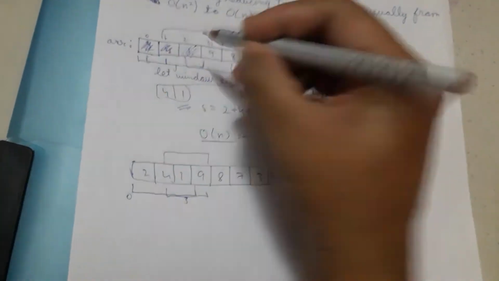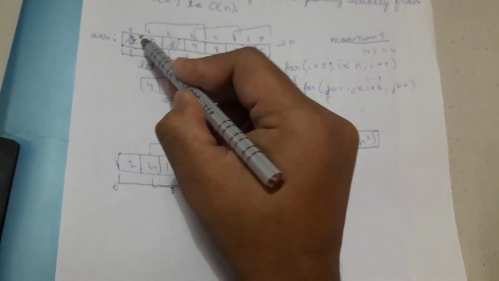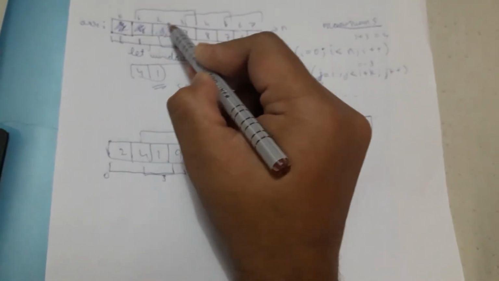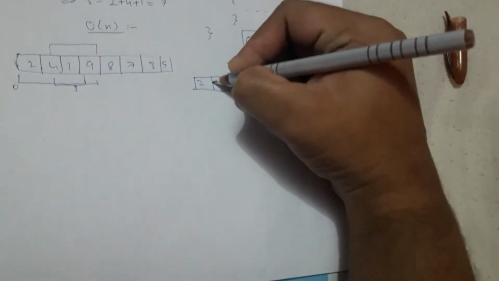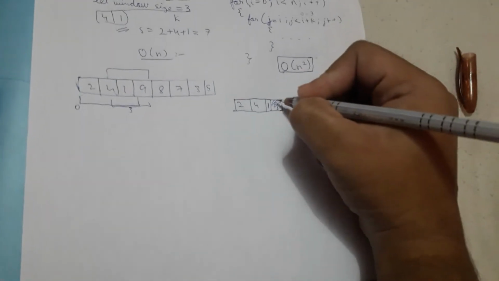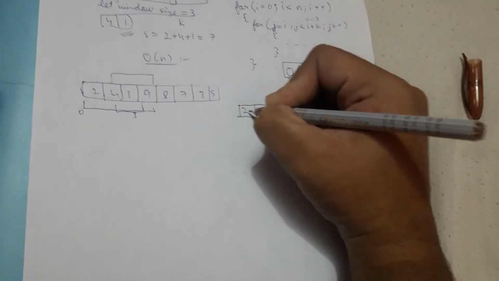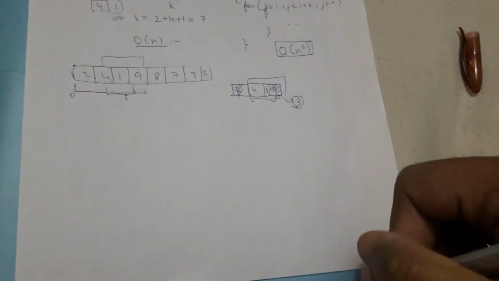To avoid such repetition, there is another technique. Why not, instead of adding these two numbers again in the next iteration, remove the first number, add another number from here, and not work on these two numbers in the next iteration? What I mean is, initially you had 2, 4, 1. The next element is 9. To reach this element, I simply add this particular element and remove 2. Again I have an array of size 3, so my size is maintained as I moved forward.